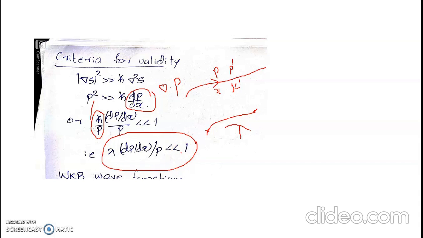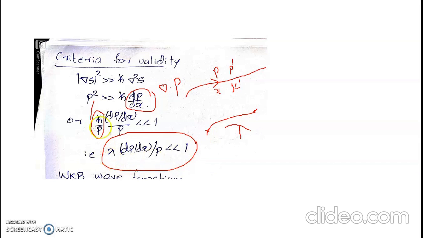So the WKB method is applicable to those one-dimensional systems in which the fractional change in momentum over the instantaneous momentum, over one unit of de Broglie wavelength associated with that moving particle, is much smaller. Once this condition is satisfied, the WKB approximation method could be used. You can find an